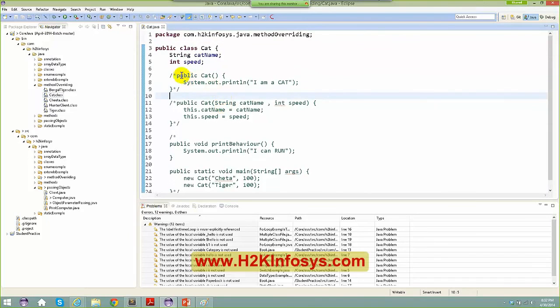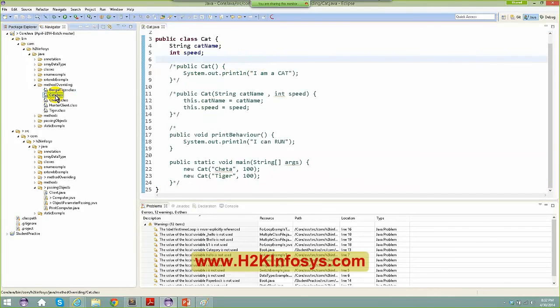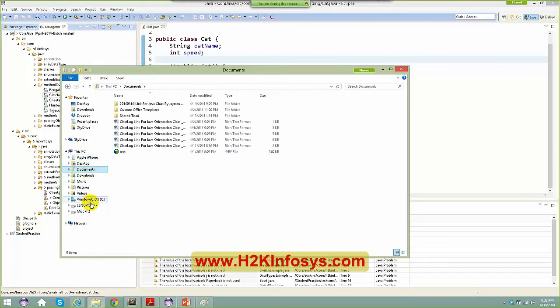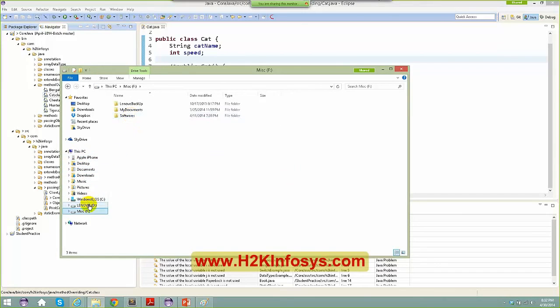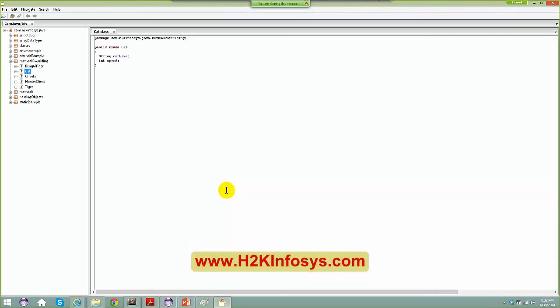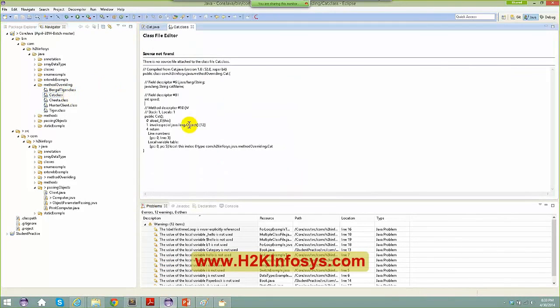So as you know, I don't have anything, right? There is nothing, everything is commented out, so I do not even have a default constructor. Okay, so I've got a decompiler and I'm just going to drag and drop this to the decompiler. Even in the decompiler you don't see that, right? But I'll show you somewhere in the Eclipse itself. If I double click this one, somewhere here you have got a default constructor, right? So this class, the cat,